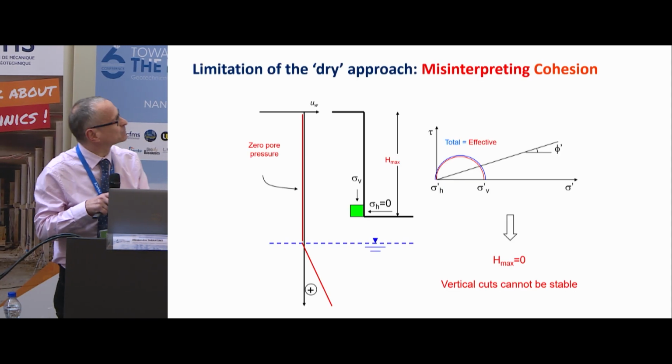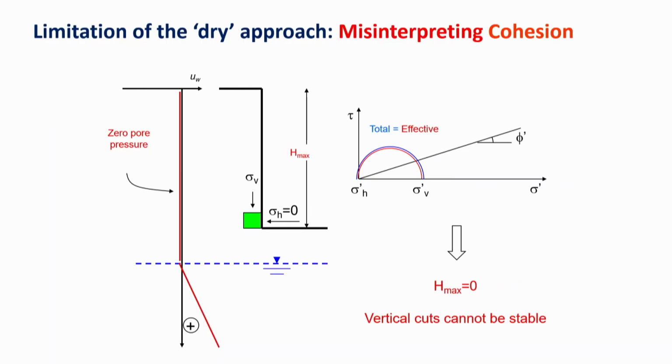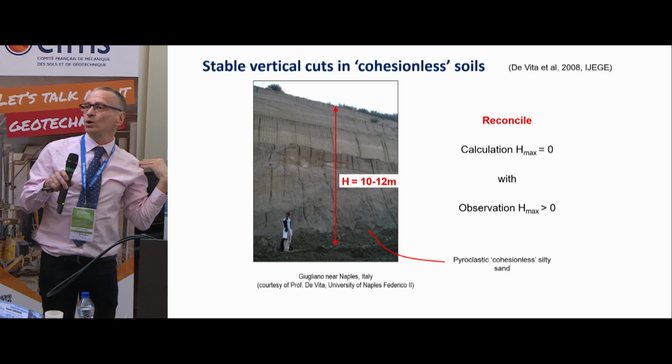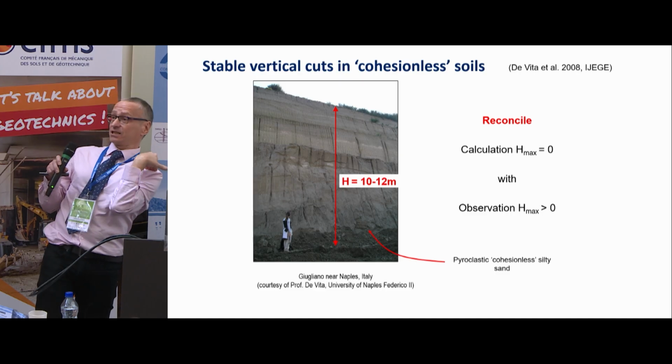Faulty design. Still back to that vertical cut. You are doing the calculation and say, according to my calculation, that vertical cut cannot be stable. Then you go to the field, and oh, it's bloody stable, this one here. So at this point, you are challenging yourself: how can I reconcile my calculation with what I'm observing here? Consider that the problem is not only design going forward, sometimes we do design by back analysis first.